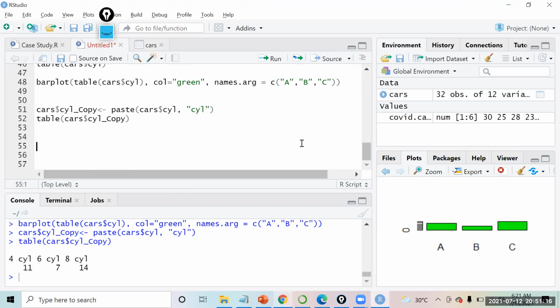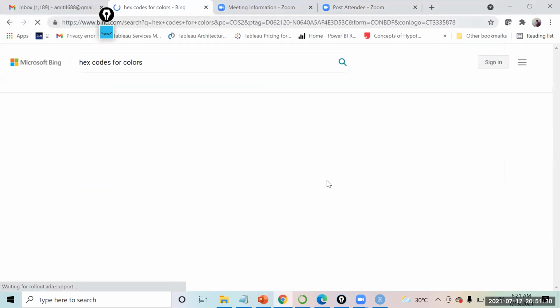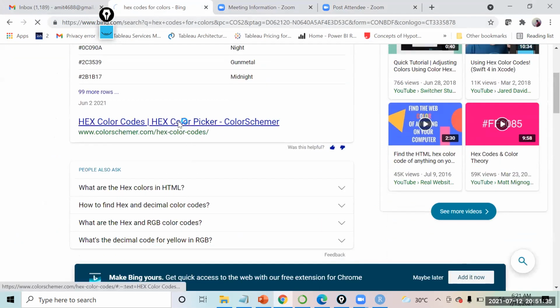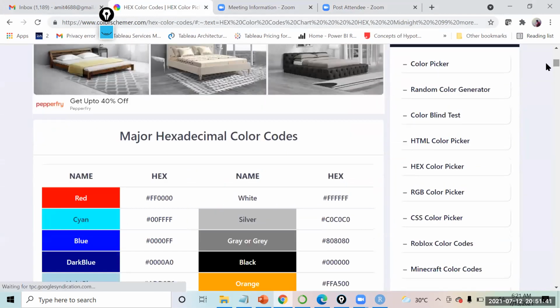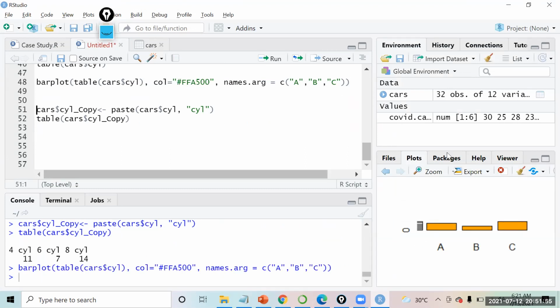And in the colors that you use, like this color that you have given, color equals green, what we can also do is, if we come over here, there are hex codes. Every color has a hex code, and you will find a lot of websites for that. For example, if this is the color orange, this color has this hex code. You can just copy this hex code, and instead of writing green over there, if you give that hex code, it gives that same color on the chart.